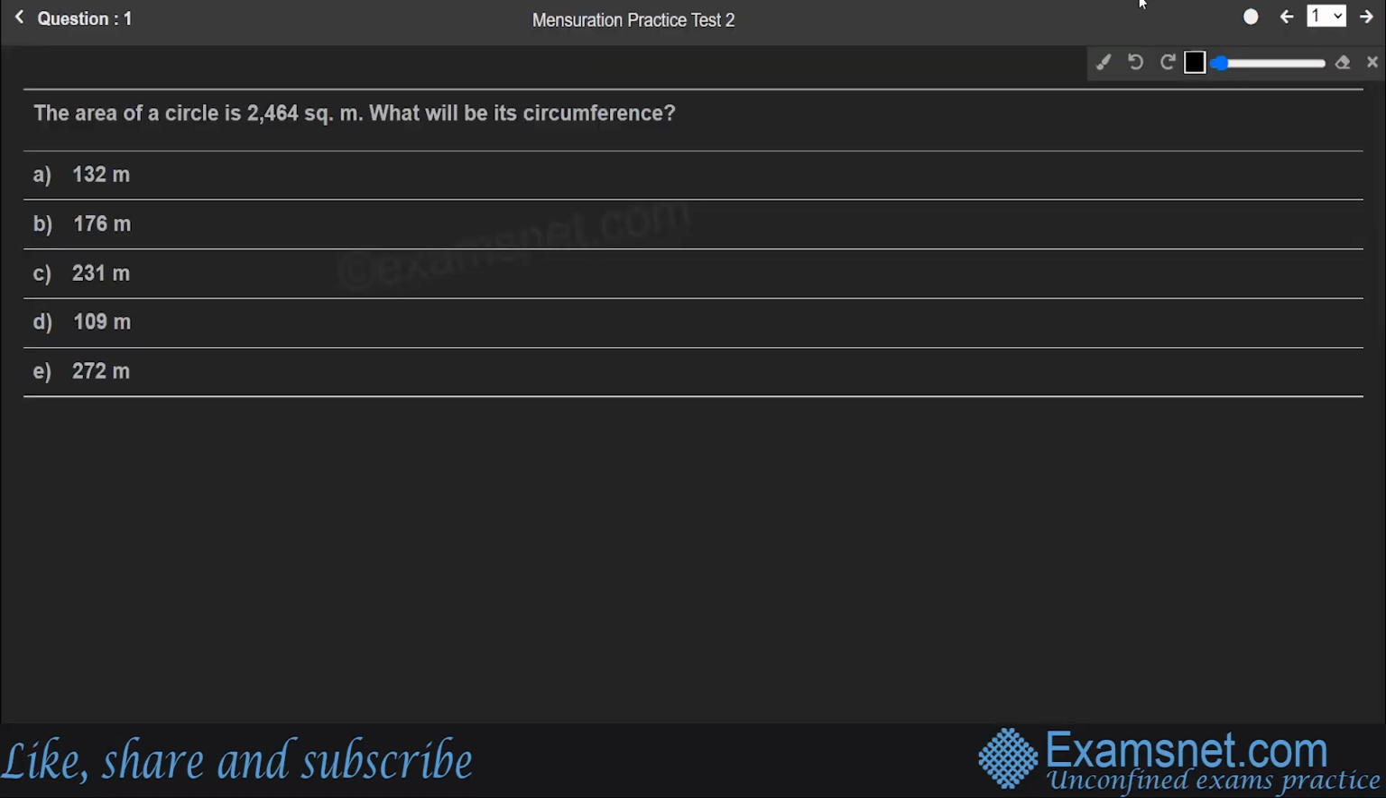Okay, so the question says the area of a circle is 2464 square meter. What will be its circumference? So clearly we know the area of the circle can be denoted by area is equal to pi r square, which he has said is equal to 2464 meter square. So we can use the value of pi, and then in the same sequence we can find out the radius value. So it's going to be 22 by 7 into r square is going to be 2464,